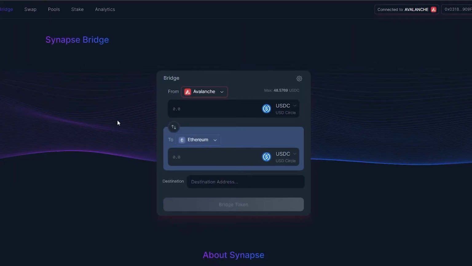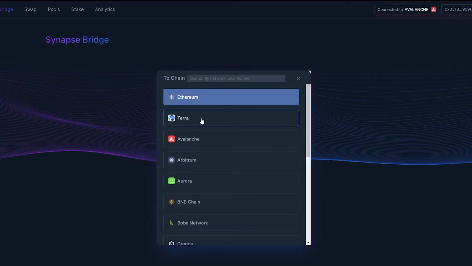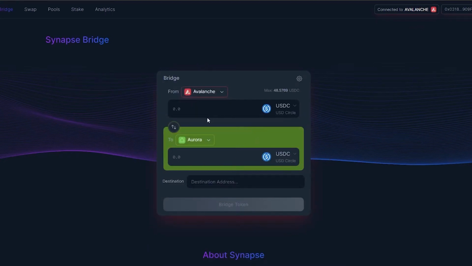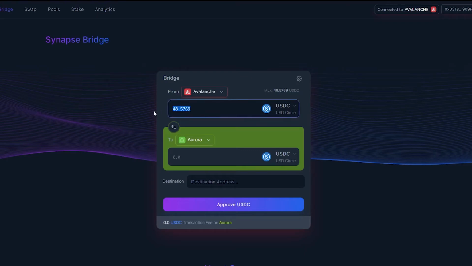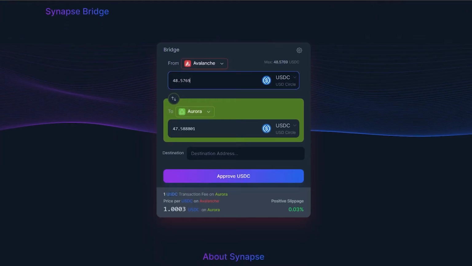Now the next bridge that I want to talk to you guys about is the Synapse bridge. And this is a bridge that I personally use to send money over to Aurora because I am an investor over on the Aurora chain. And the process is essentially the same. You would go here and you would put in your USDC, right? Now remember, if you're on Avalanche, it's USDC.E, but if you're on Binance or Fantom or anywhere else, it's just USDC. And as you guys can see here, the transaction, for example, to Aurora is 1 USD, and this obviously varies from chain to chain, but the most I've seen their fees go up to is around 5 USDC,